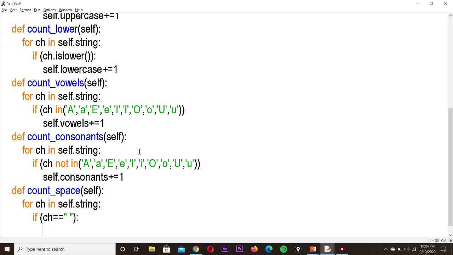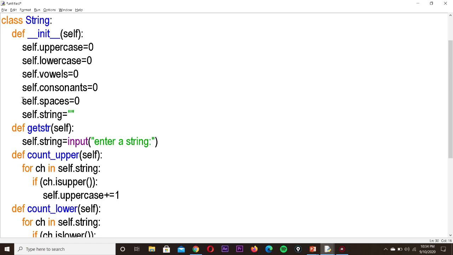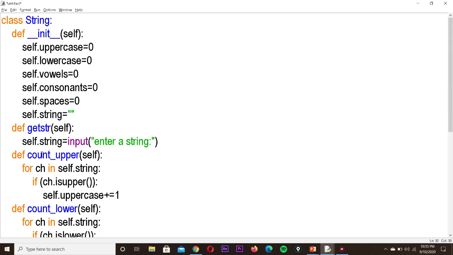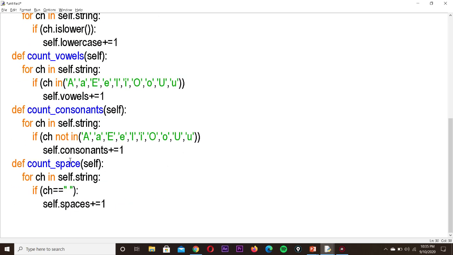We have the variable initialized as self dot spaces, so that should be incremented. So we write the statement as self dot spaces plus equal to 1. Now we have defined the function for counting the number of spaces also. So that's all. We have defined the functions for counting uppercase, lowercase, vowels, consonants, and spaces.